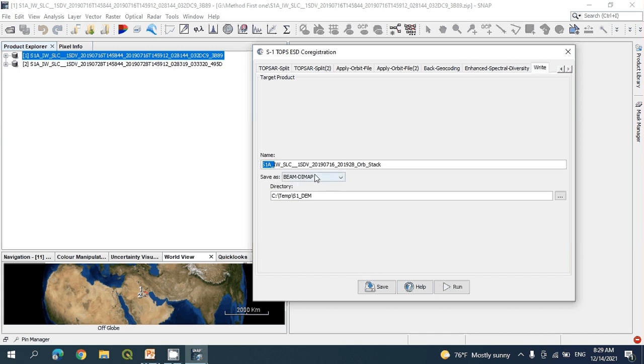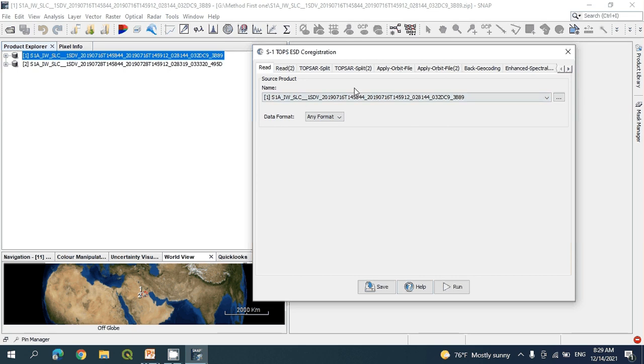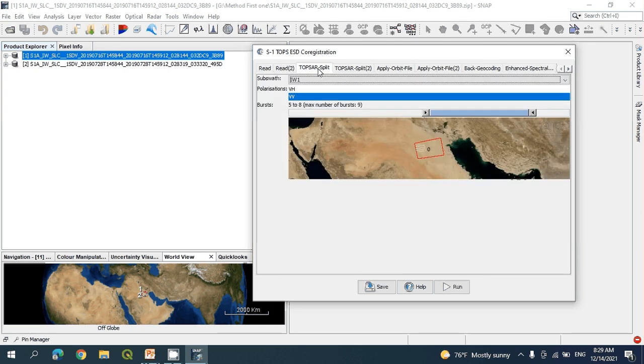We just have to make sure the first image and the second image pairs with the bursts 5 to 8, the second also. So just press run